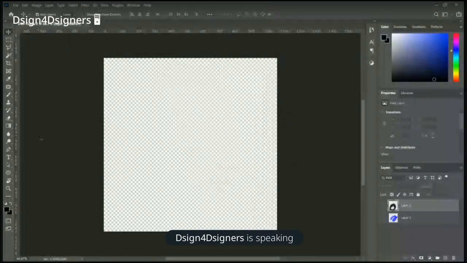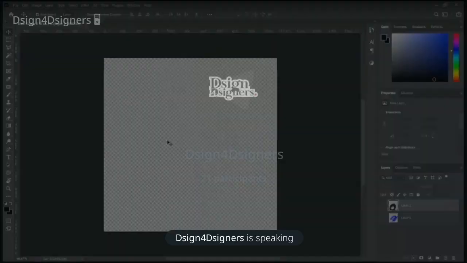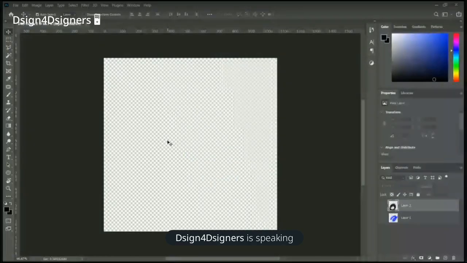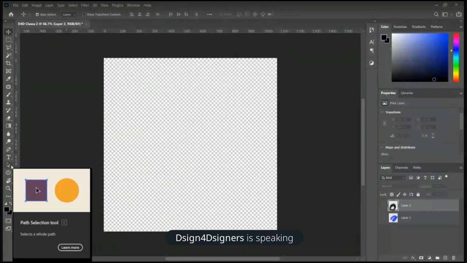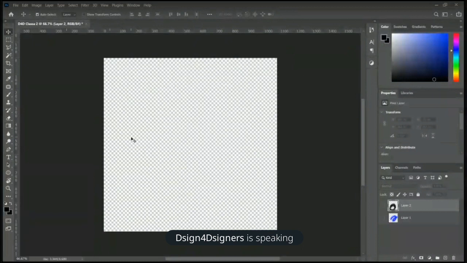So all these other tools, we will get to understand what they do as we practice, as we make designs. Because as we make designs, if I want to use any tool, I will tell you, okay, I'm using this tool to make this particular thing. I'm using this tool to do this. I'm doing this because I'll be giving you the reasons why I'm doing all those things. Why, when we start making designs. But I'm just trying to give us an overview of what these tools, the basic tools, do, which are the move tool, the text tool, the shape tool, and the zoom tool. So I'll be giving us an overview, and after this class,